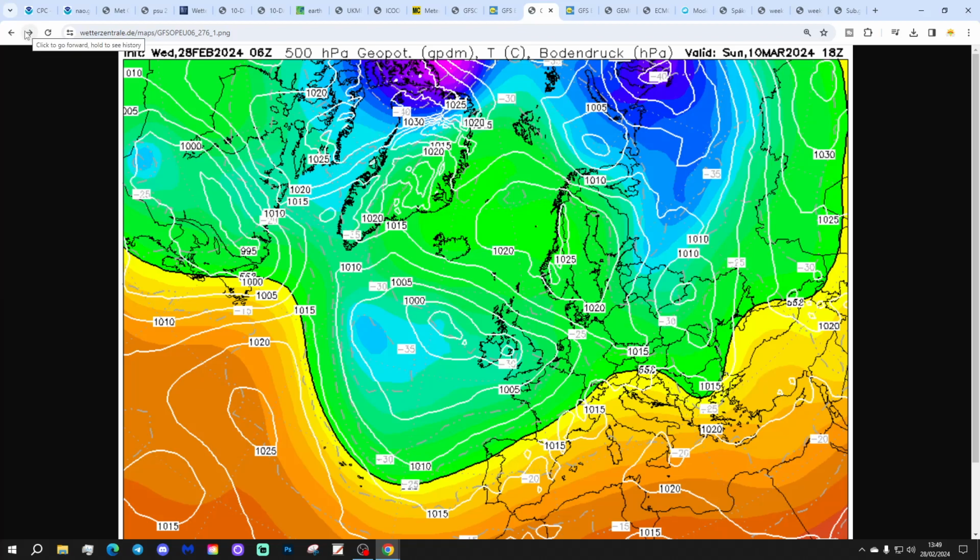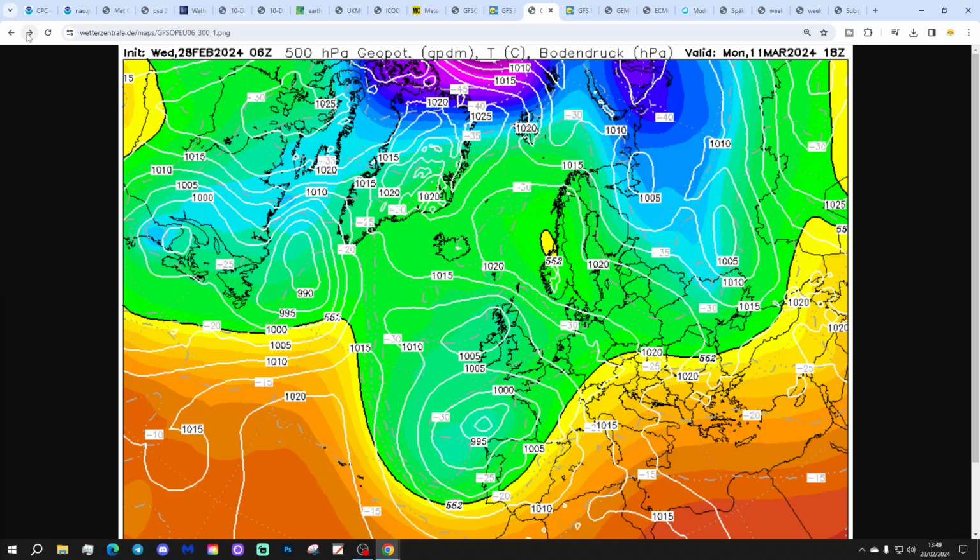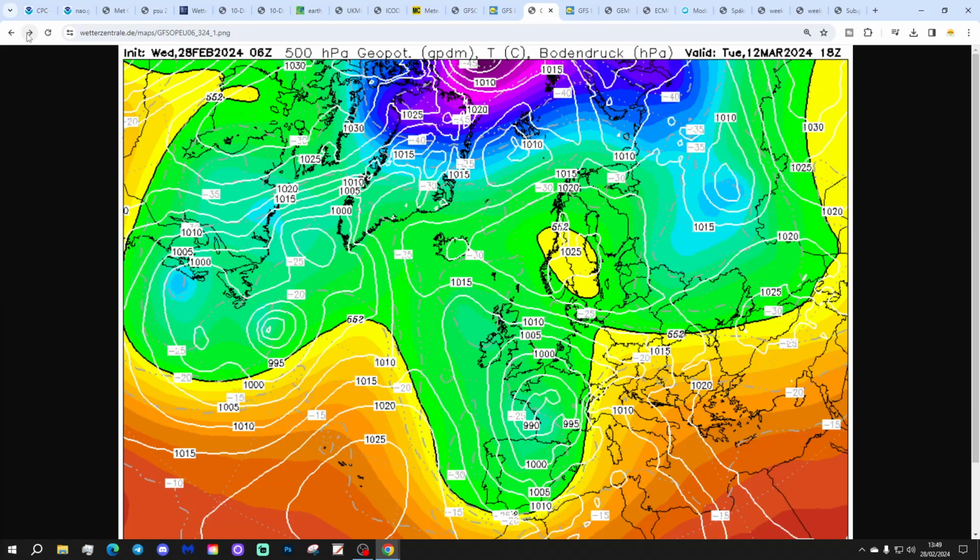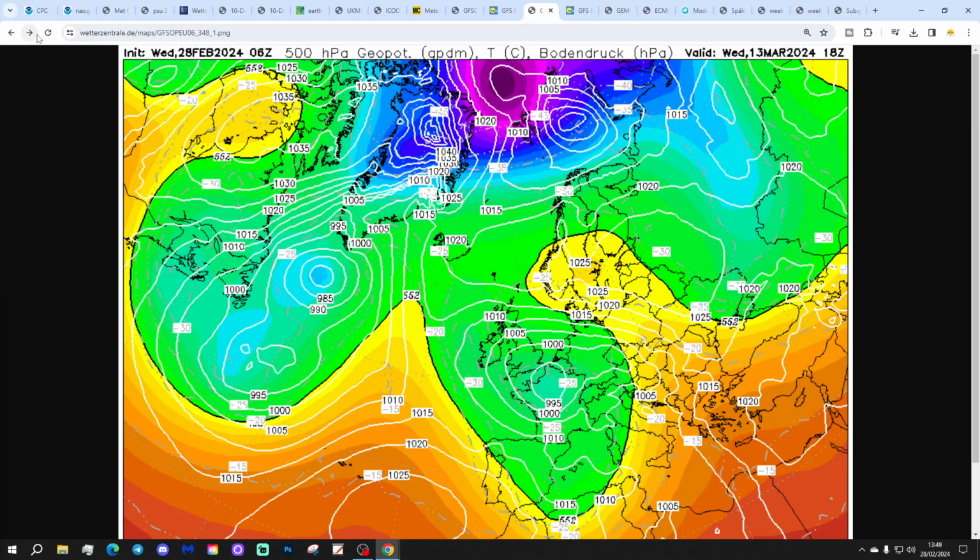Beyond day 10, though, the low pressure areas start breaking through again, so we start turning wetter once more with those areas of low pressure to our south and west, and high pressure away to the east as well. We're very close, and we do eventually get to a proper easterly by the 13th of March. Again, I don't think there's much cold air coming in with that.